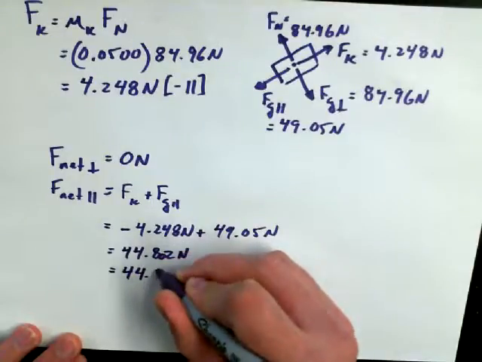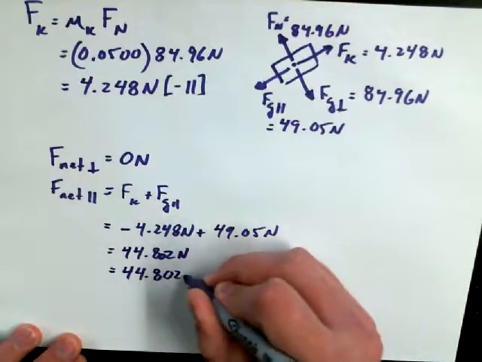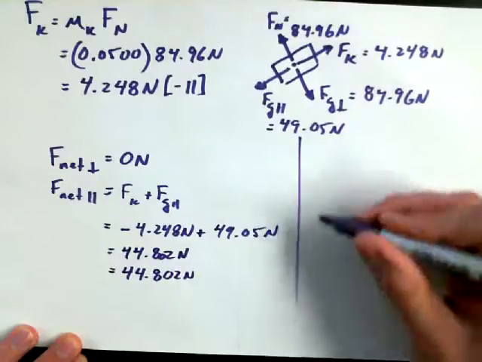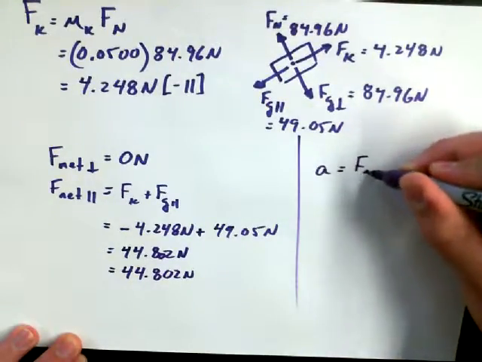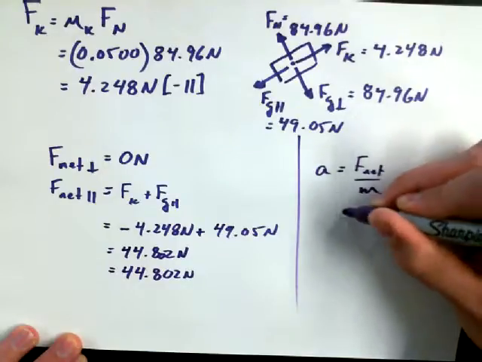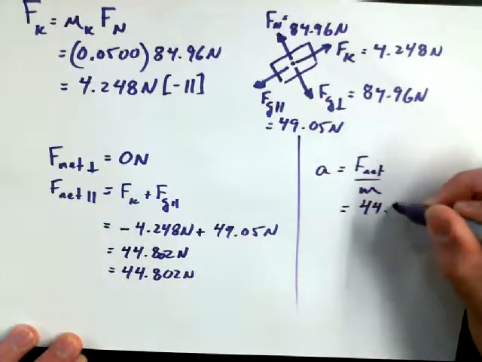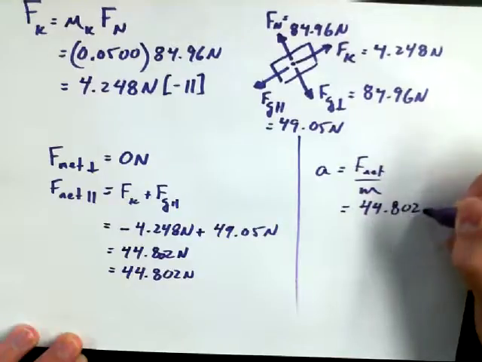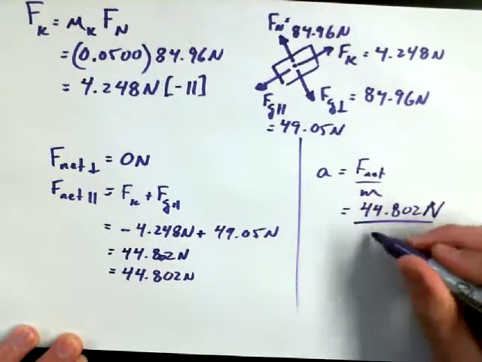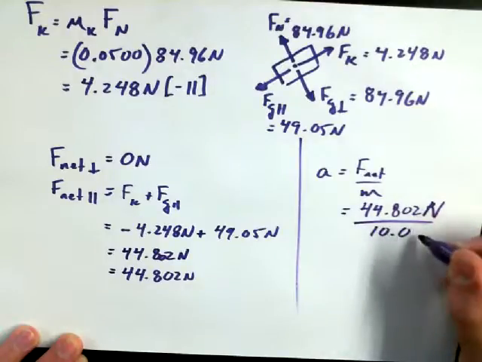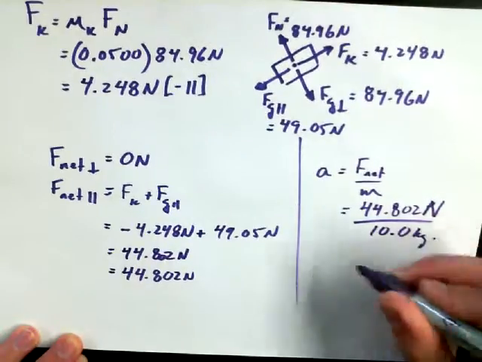So 44.802 newtons. I'll just rewrite it for no particular reason. The acceleration for this system is equal to F net over the mass, or 44.802 newtons, and I'm thankful again that this mass happens to be a nice round value. We said it was 10.0 kilograms in the first place, so